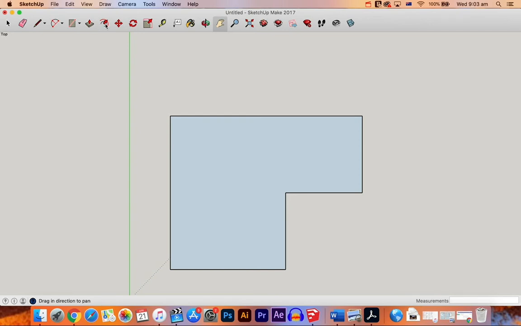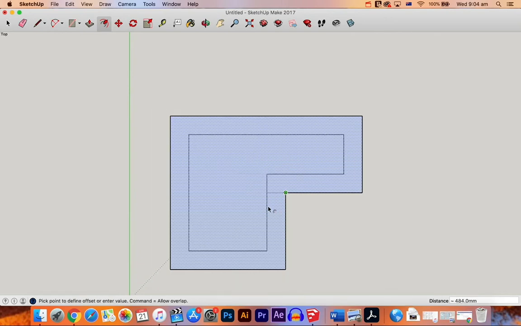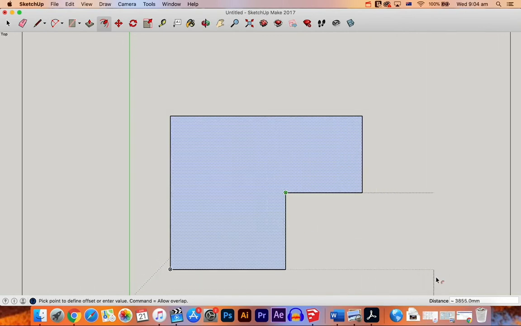Up here we've got the offset tool, which is this kind of semicircle with an arrow pointing out of it. So what we're going to do is select that tool, and this is a little bit tricky, but not too tricky. You just got to get used to using this tool. So we're going to click in the middle, not holding down, just click it once, and you can see here we've got like a wall that kind of moves off the side. And we're not going to click anything, we're just going to go right down to the